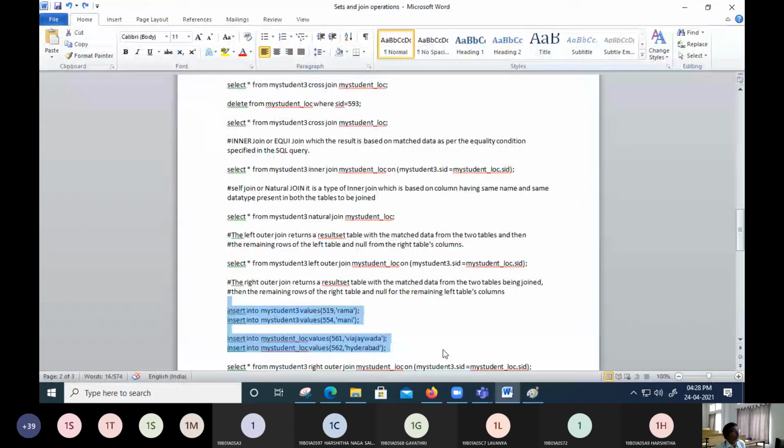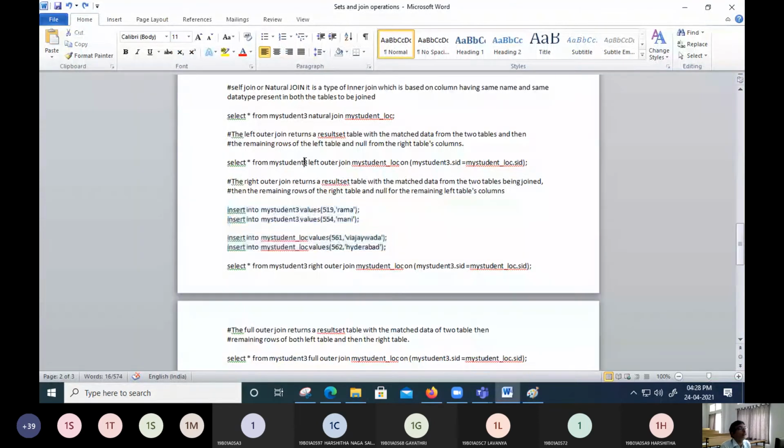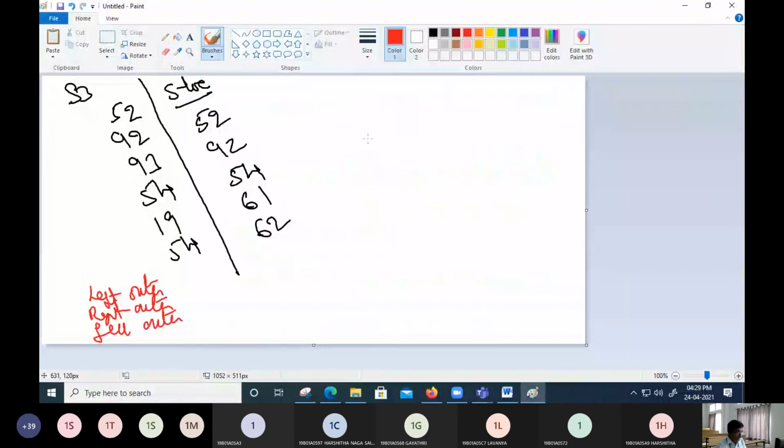So now let us see what happens if we are working with a left outer join. What is your expectation? Things should be on the left hand side and things not present should be on the right hand side. If the things are on the right hand side, those should be with null values.